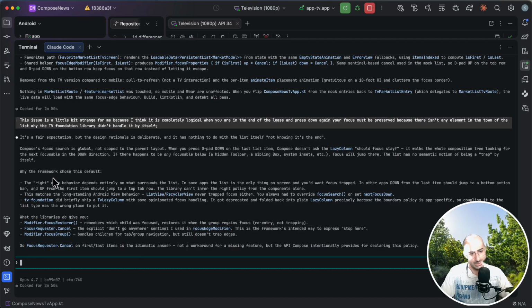But it says that yeah, it is fair, and this is the design rationale. It tried to explain the actual situation and the solution that we can use to handle the issue. And yeah, generally it is very good,